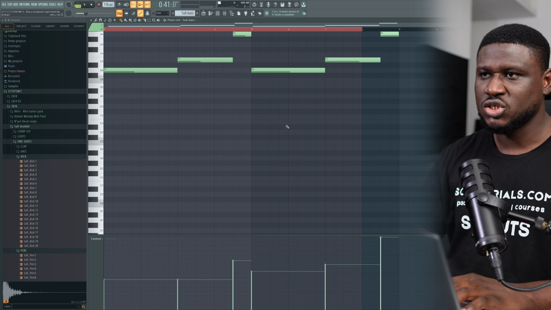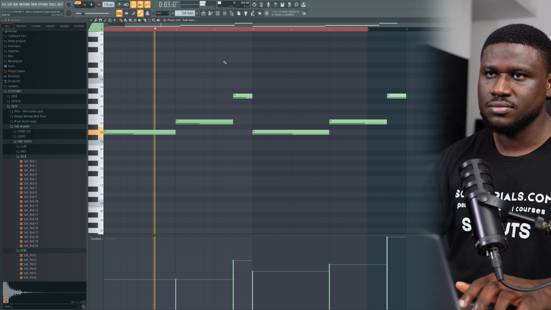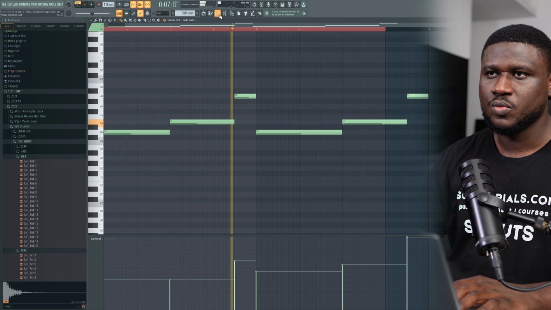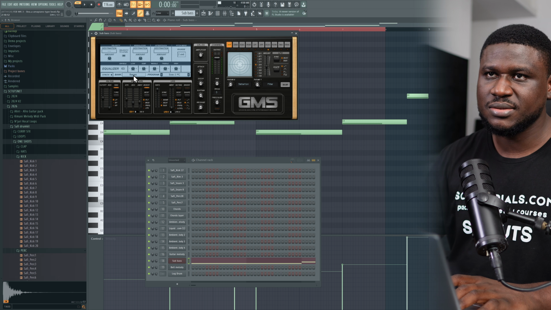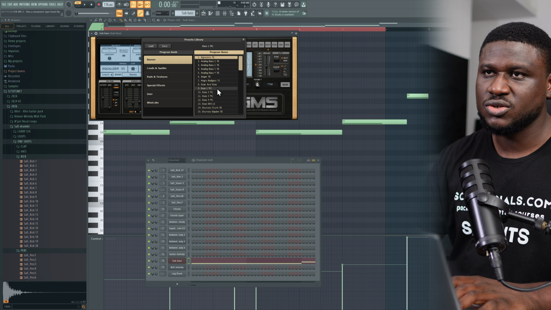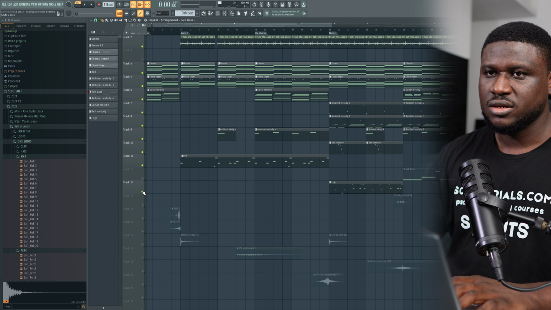And then we have a sub bass. For the sub bass, we play that with GMS, and this is the preset used. Bass 2 MC, that's the preset used. This is it right here, Bass 2 MC. So when we hear it all together,